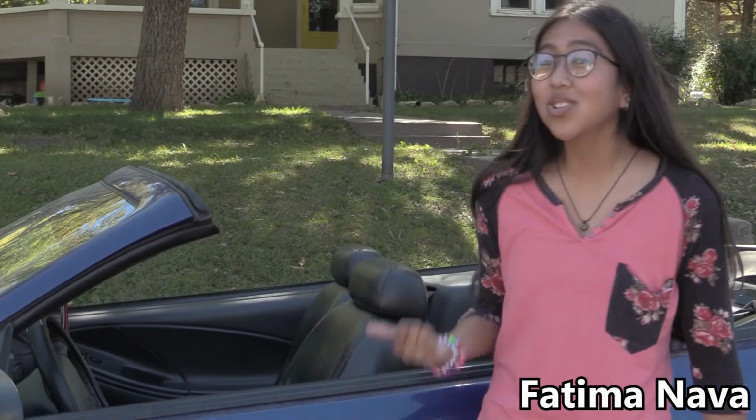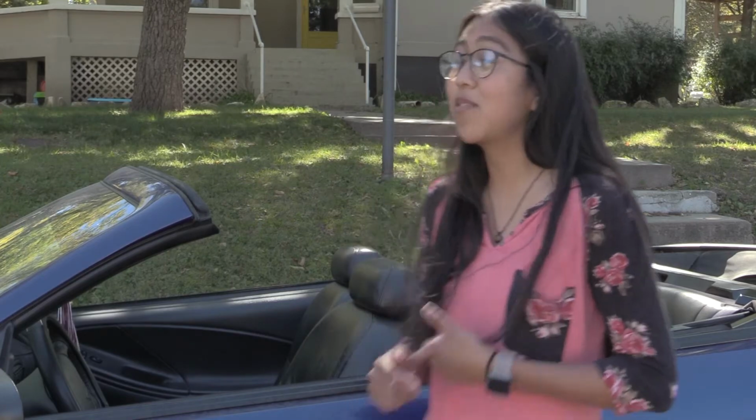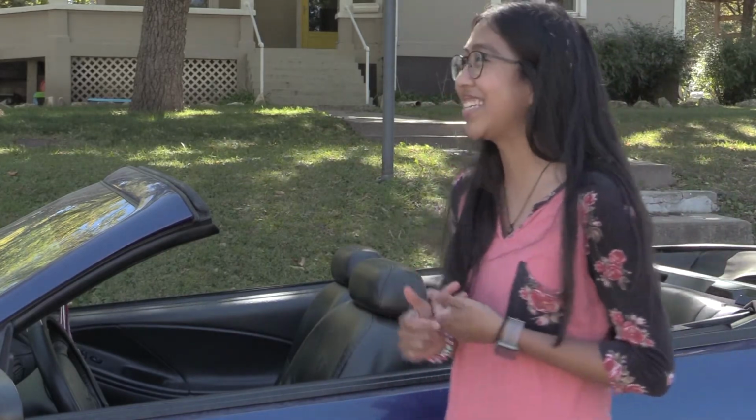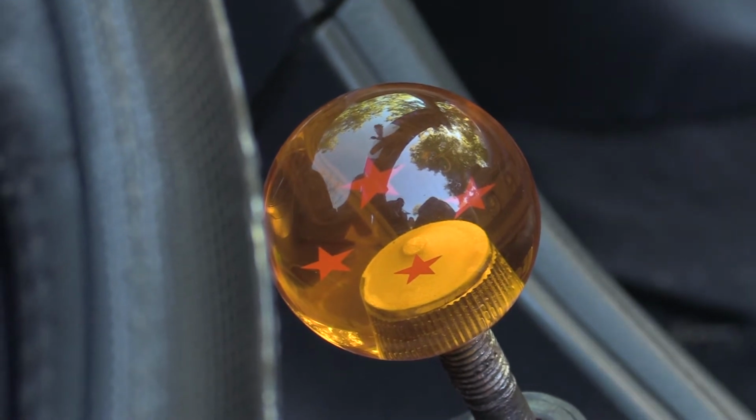So this actually used to be my older brother's car. He's had it for a few years now, but he, I guess, just isn't fitting that bachelor lifestyle anymore, so now I have it. I'd have to say that my favorite feature of this car is the Dragon Ball that I have as my knob for my...